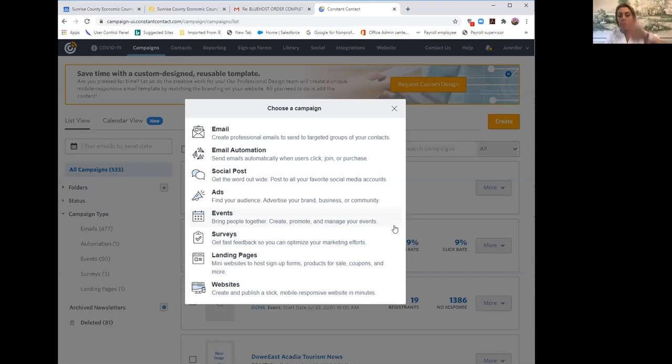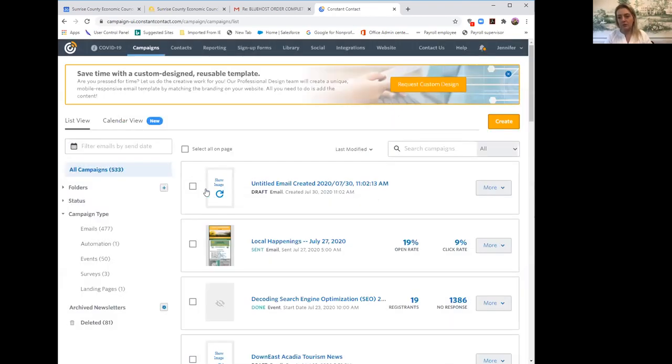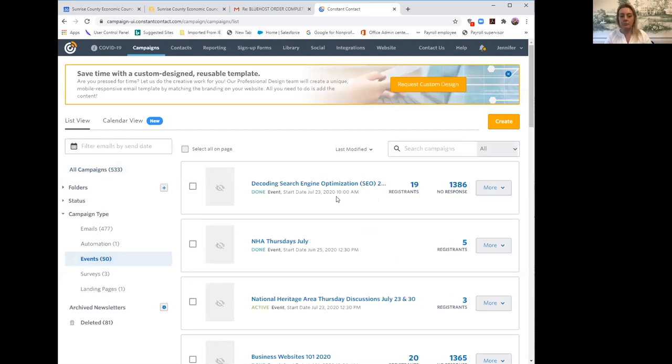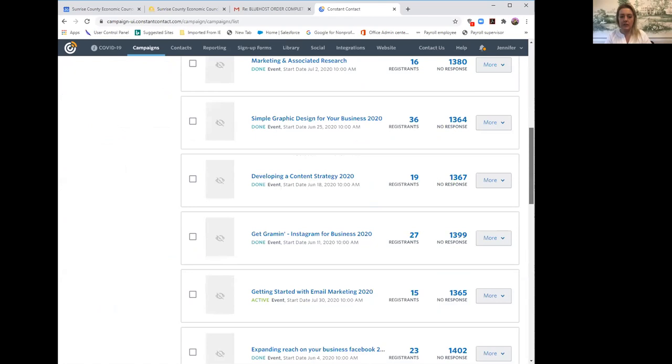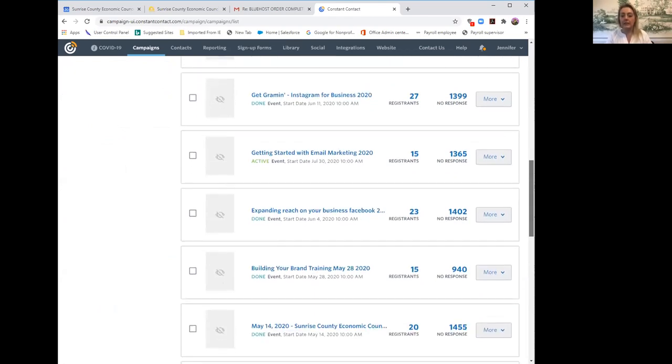So there's lots of options, and Mailchimp, Constant Contact, HubSpot, all of these places, it's all very similar. It's drag and drop design, upload your images, all those types of things. So they're very simple to use and easy to understand your numbers and what's working and what's not for you.